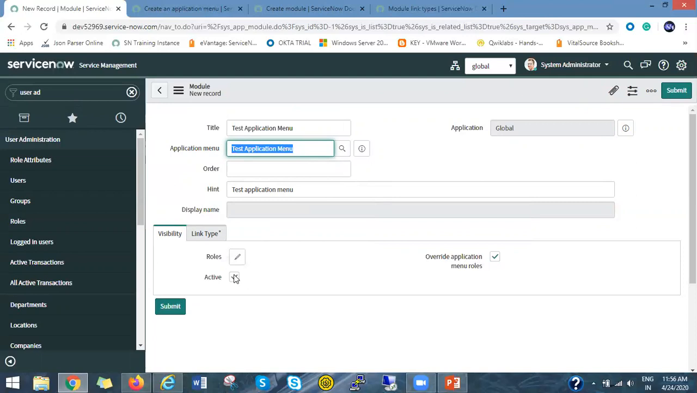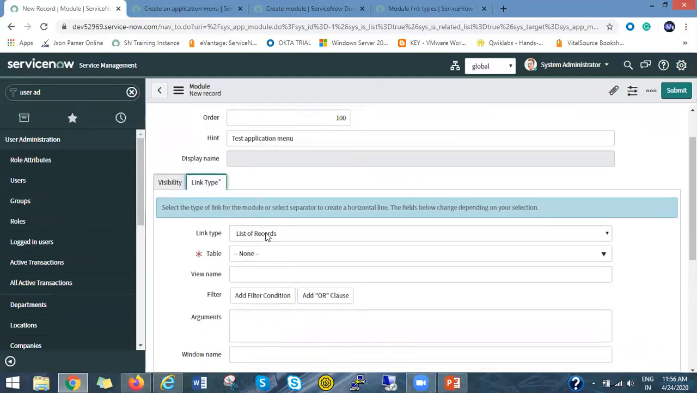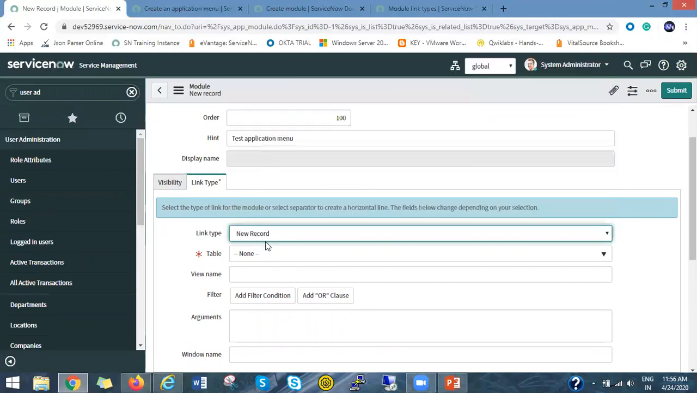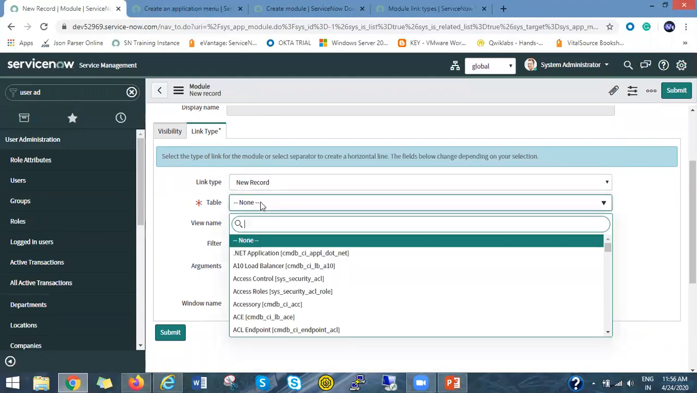Okay, so now this is active, and we can define the order, let's say 100. Okay, and link type: last time we saw create list of record. This time I have chosen new record, and what we want to create. So let's say suppose I want to create a new user record. Okay, so in that case I can give sys_user as the table name,